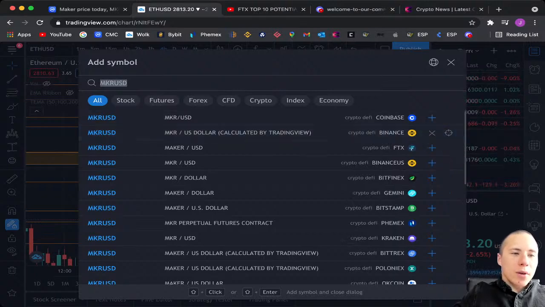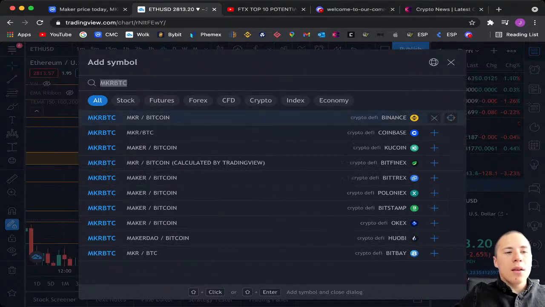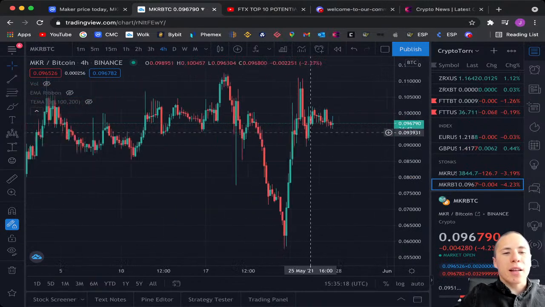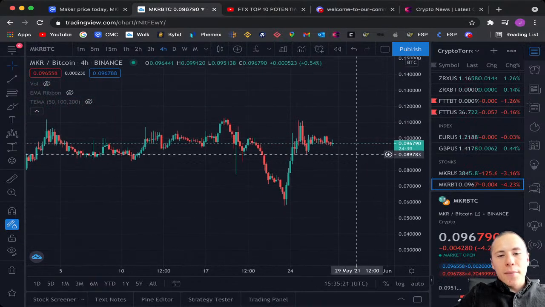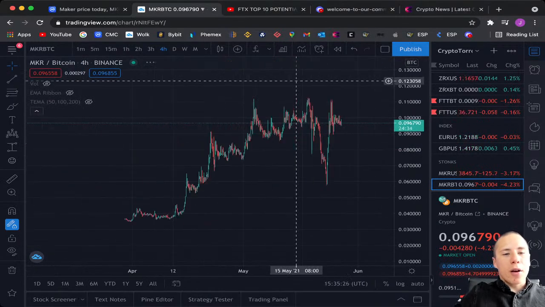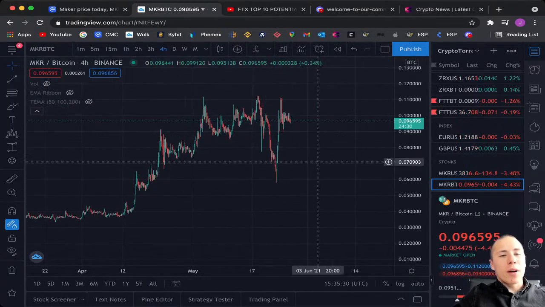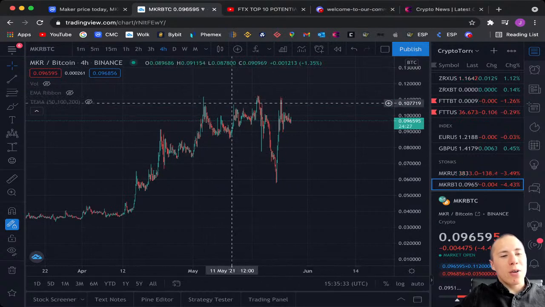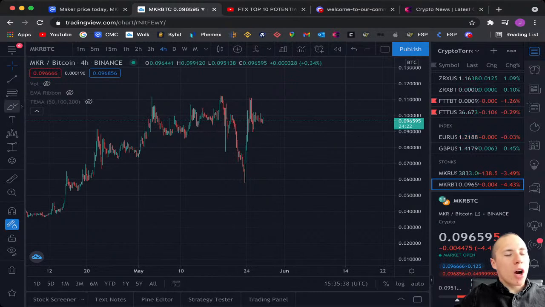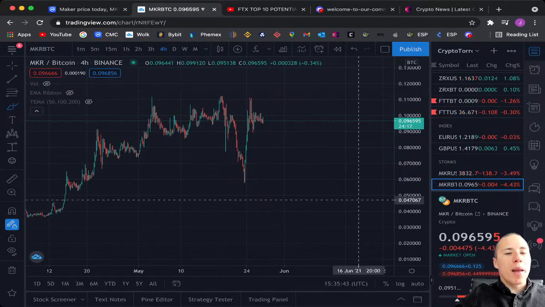Maker US dollar and also very important, BTC. So here we are, and we will start by looking at it compared to Bitcoin, and if we spot any type of special things. So what I'm seeing over here is that overall it is holding so strong. It is absolutely incredible what type of comeback we are seeing over here. Maker went sharply down towards the downside, but we are seeing a huge V-shaped recovery right now playing itself out on